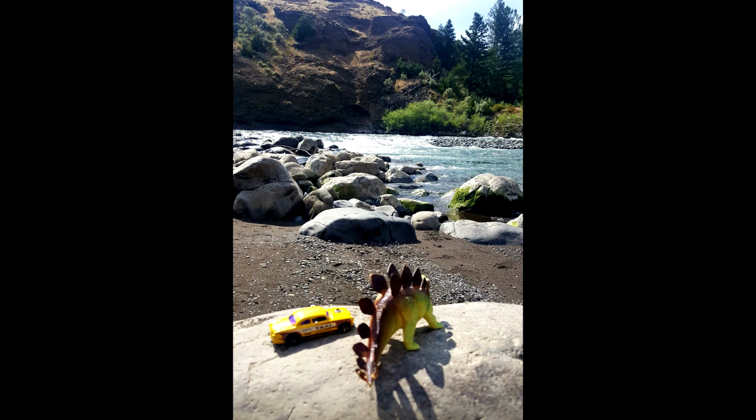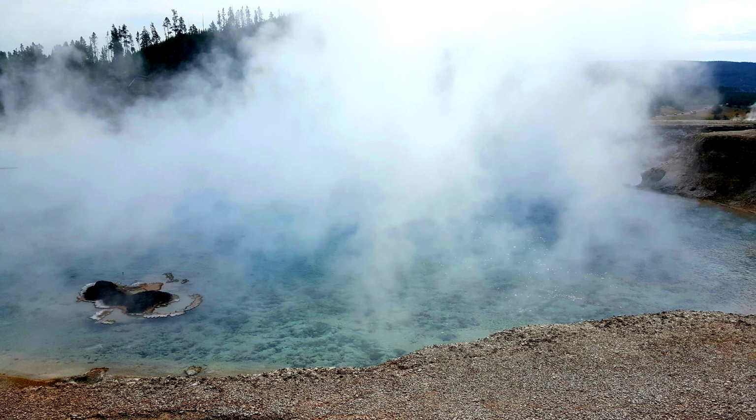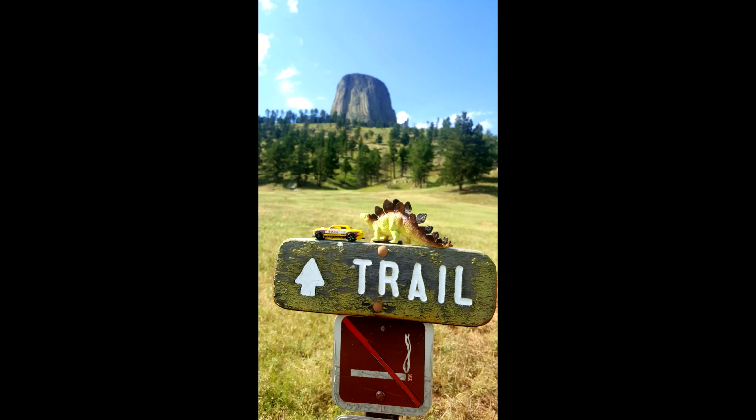So the next stop then was as we went through the northern part of Wyoming, and again, the northern part of Wyoming is just spectacular. Anybody that's taken a trip across southern Wyoming, if you weren't too excited about it, okay, I understand. It's a little dry and deserty and windy, but the northern part is so worth it. Just do everything you can to head across the northern part of Wyoming. You'll find